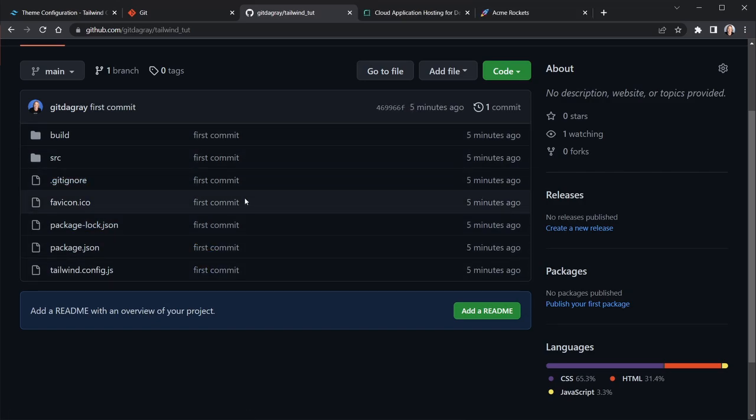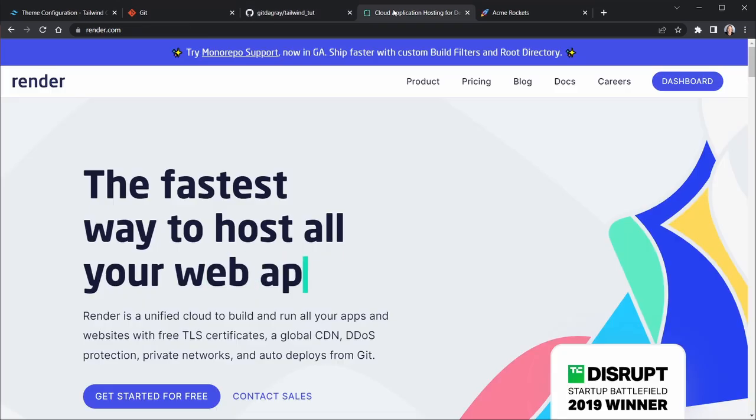And now with our code on GitHub, we need to go to render.com. That's where we're going to host our site. You can host your website for free at render.com. And to do that, you'll need to sign up. Now I'm already signed up, so I have a dashboard link right here. But you'll want to sign up with your GitHub account,